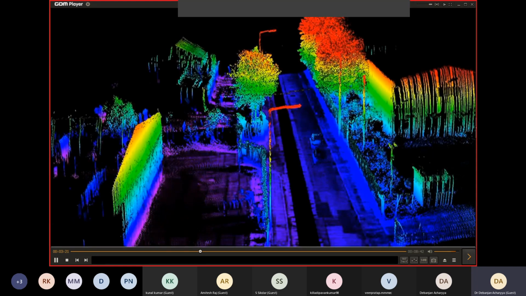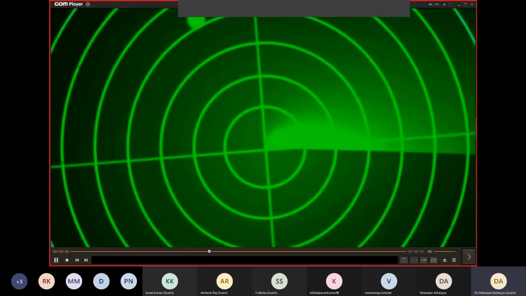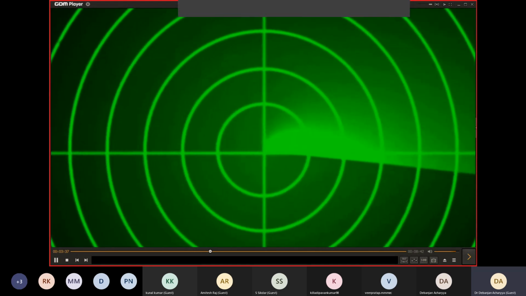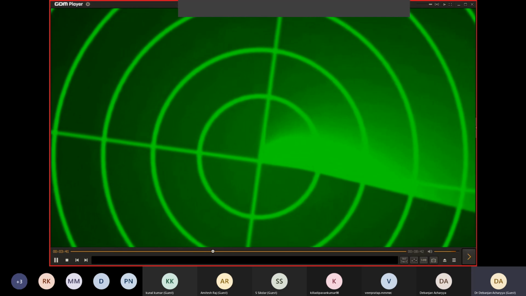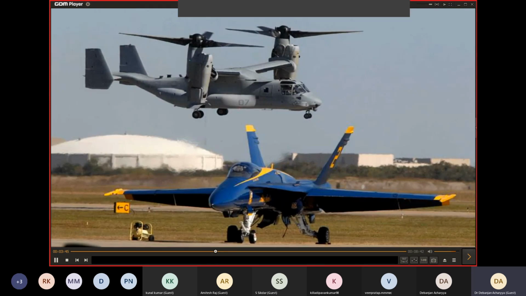Because of its precision, lidar systems are used for 3D mapping of the object or even for surface scanning of the object. Using this lidar system, we can even scan buildings as well as different terrains. While radar systems are used in applications where the exact size and shape of the object is not important, but the detection distance is more important. Basically, they are used in military applications or in air traffic control, where the detection of the object is more important rather than its size and shape,